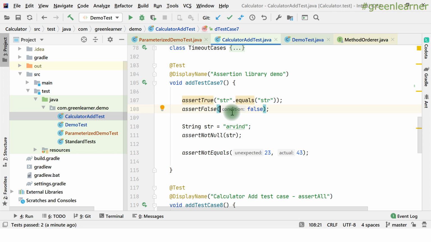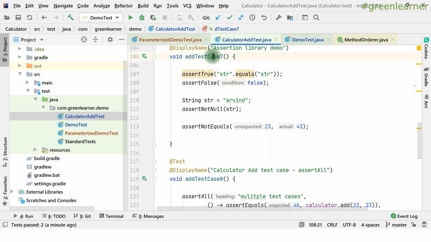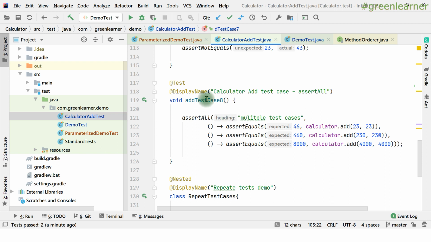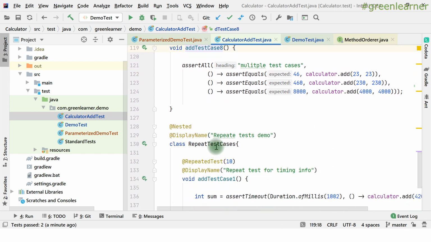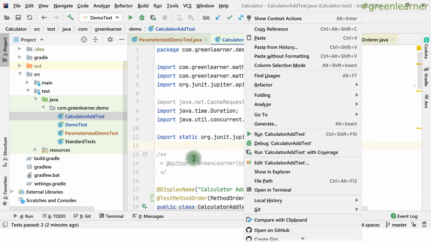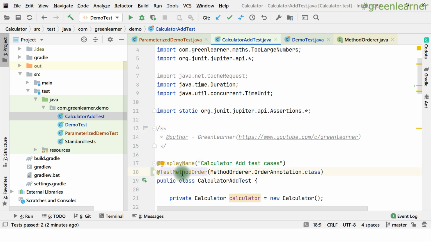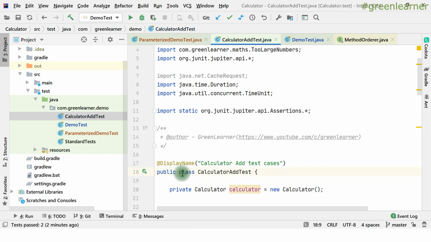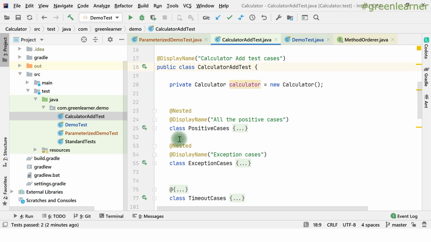The point is, test methods that are directly under a test class will be honored under the order and ordering annotation, right? If they are inside another class, and I want to say that this is test case number 7 and this is another nested class, and I want this test case to be executed first, we cannot mix up those things. We can order the test cases inside the class only, right? So this is how you can try it. I'm not going to show you this in an example, you can try it, it's very easy to demo, right? So this is all the scenario under test method ordering.